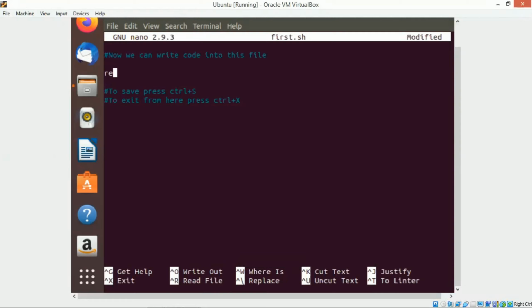We will now throw a statement to the user like echo space enter a number colon, and we will take input by using the read command. Read command is used to take input from the user. Number is our variable, and the input given by the user will be assigned to the variable number. We will be printing the input taken from the user simply.